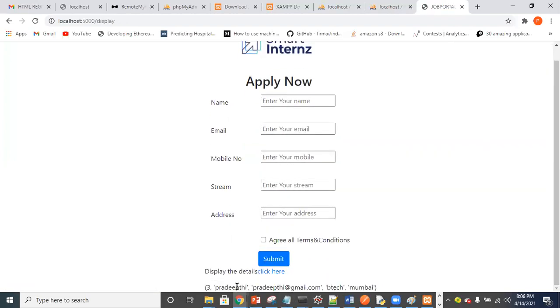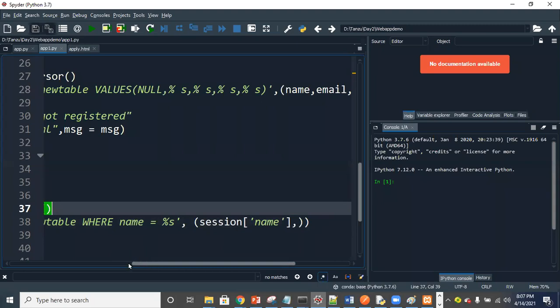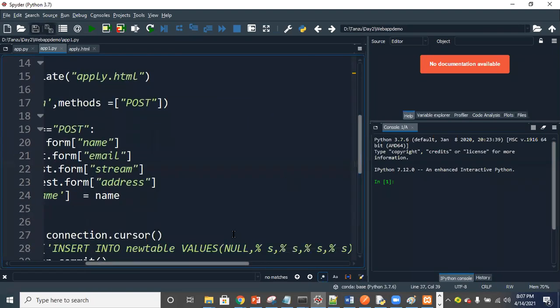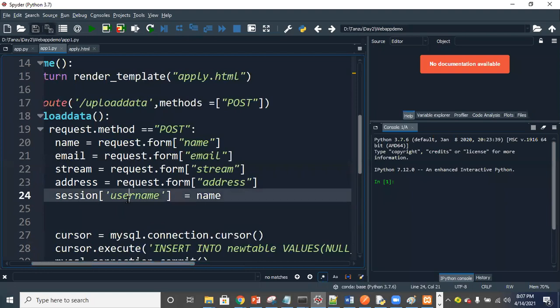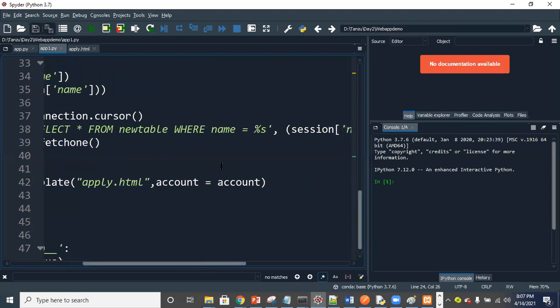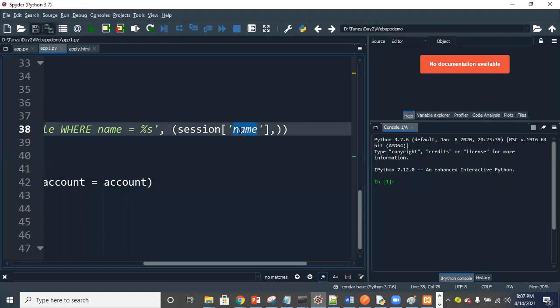Scroll down, you will get, okay, so still it is giving Pradeepti only. The reason is I have written session username. If you scroll up, I've given the session as username, right? So before, in session name, Pradeepti was there. So that's the reason my details were grabbed. So let me just say username,